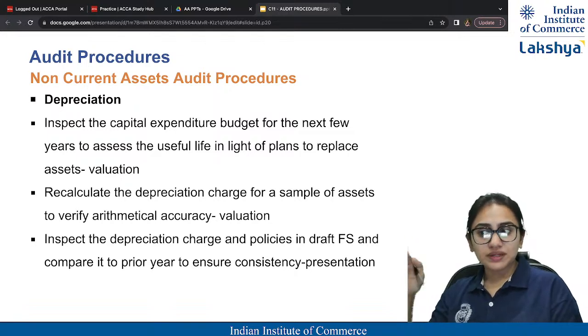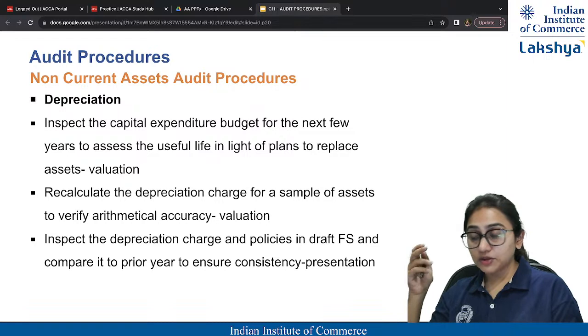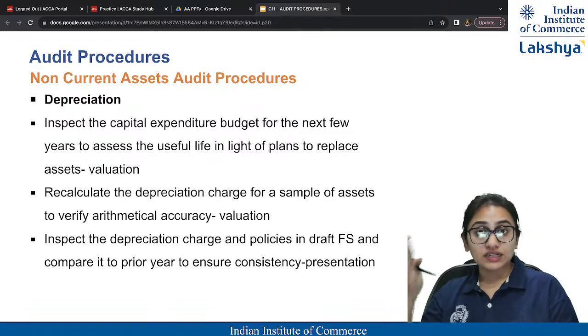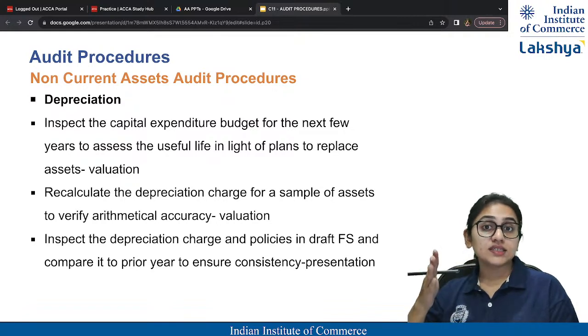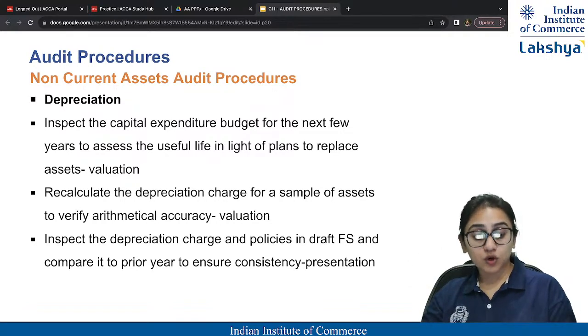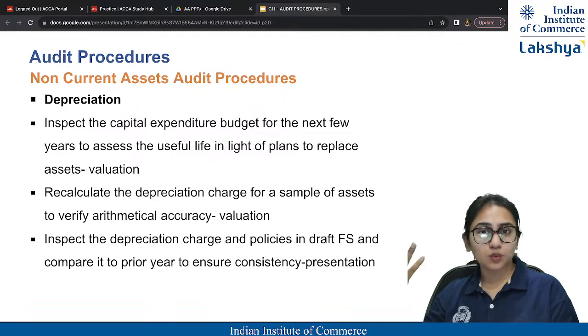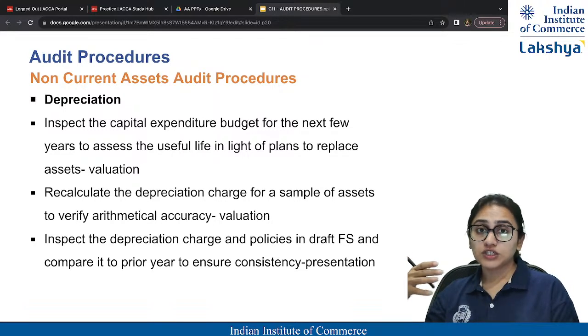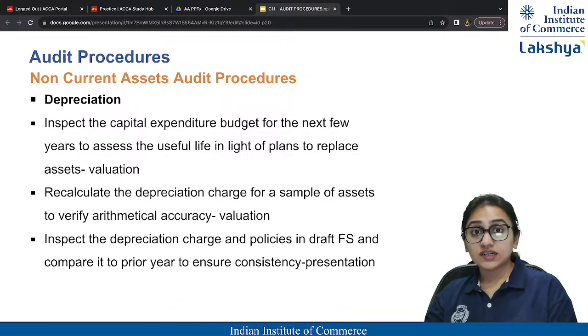So, company will do anything, but as an auditor, what will be your procedures to make sure that the current year depreciation policy is consistent with the last year? You have not changed the policies. You can change it one time or the other, but you cannot keep on changing it every year. So as an auditor, you need to make sure that the current year depreciation policy is very consistent with the last year depreciation policy. Okay, that you need to make sure. Okay, then